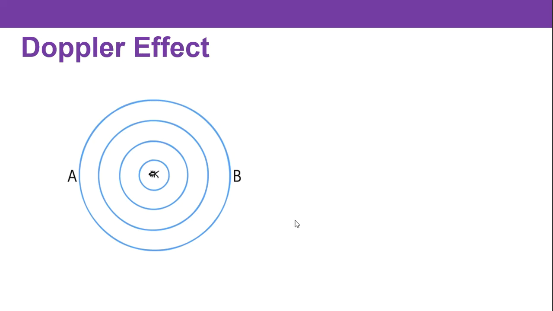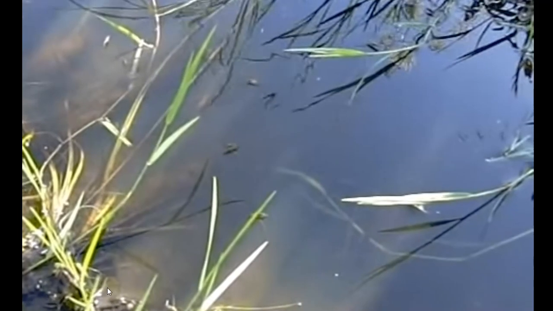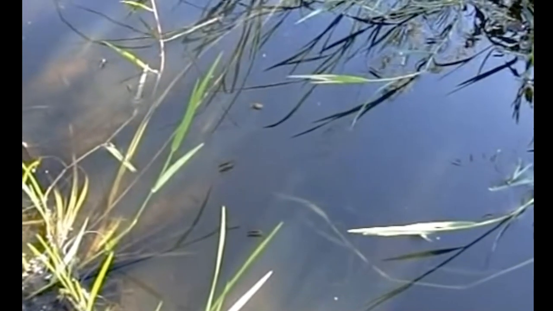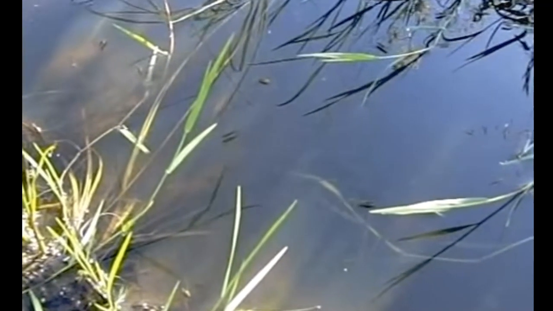Now, the Doppler effect is an interesting wave phenomenon. One way to try to understand the Doppler effect is to imagine that we're looking at the surface of a lake with bugs going across the surface. And as these bugs are using surface tension to stay on top of the water, their legs create little wavelets